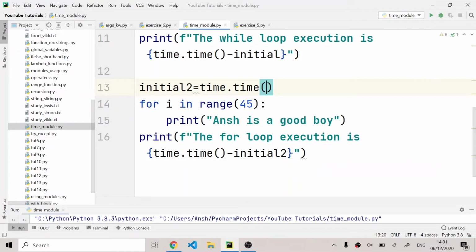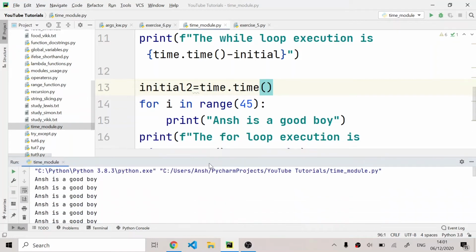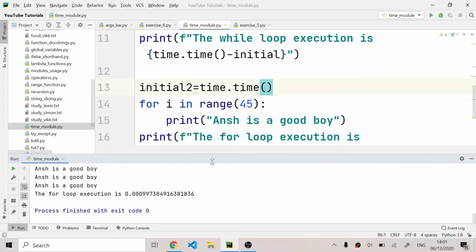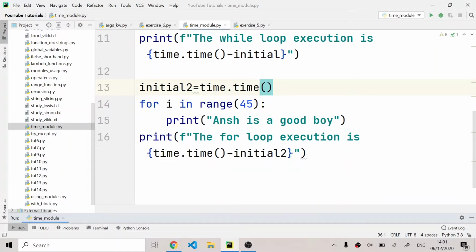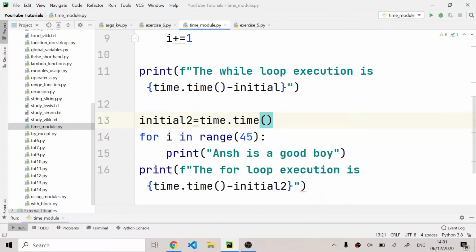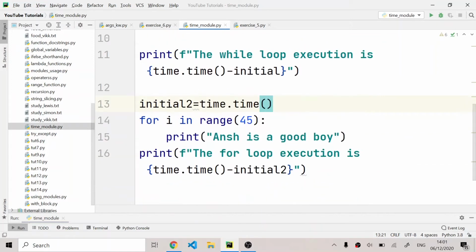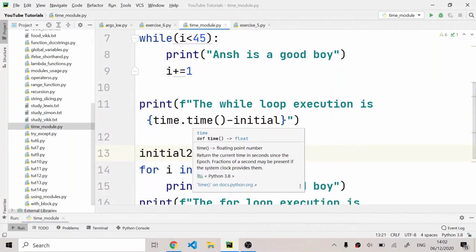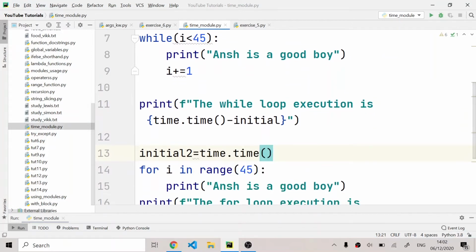So as you can see guys, the while loop goes for 0 seconds and the for loop goes for 0.000997 seconds. So it's a really small difference that is left between them, but you cannot actually decide which is better. That is, you cannot make a conclusion that the for loop is better than the while loop because it executes in less time, or that the while loop is better than the for loop because it takes less execution time. No guys, it all depends on your computer as well, because in some cases, for example, if your